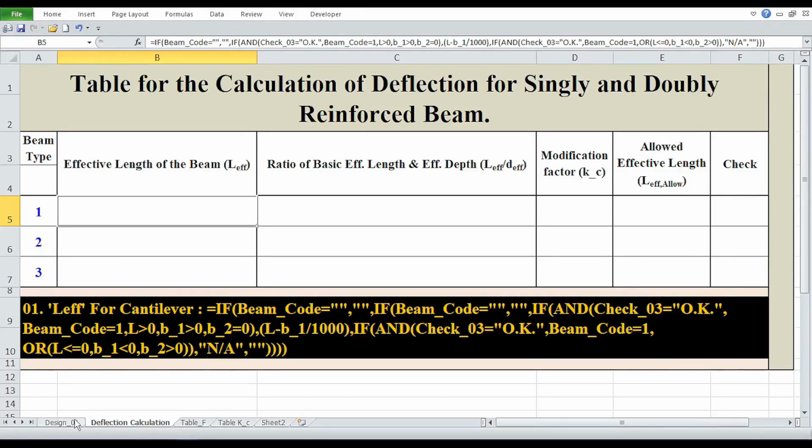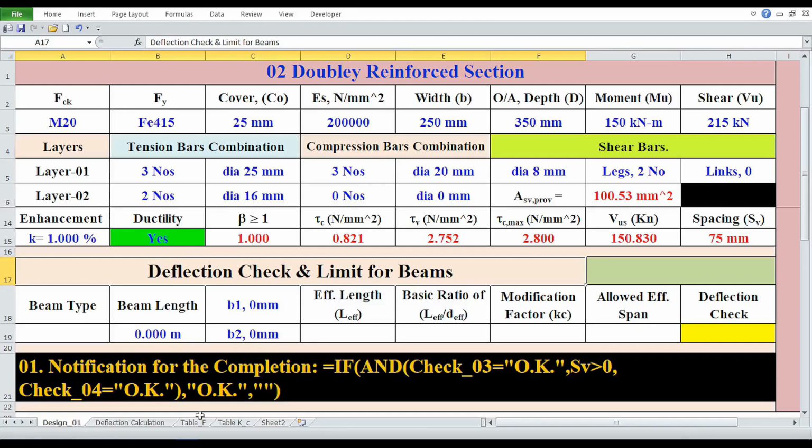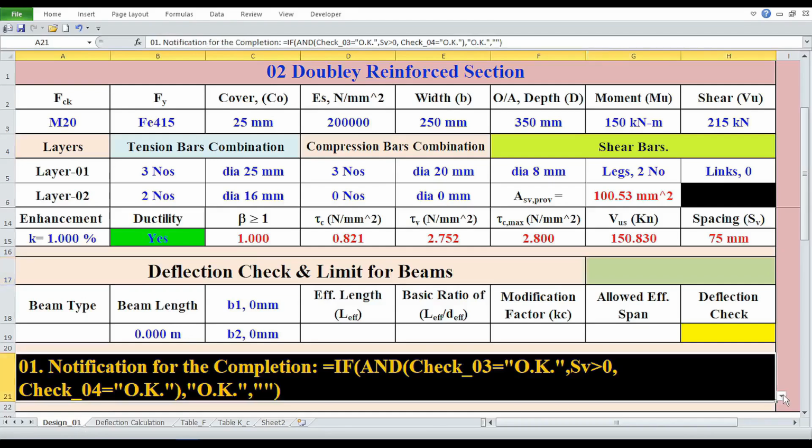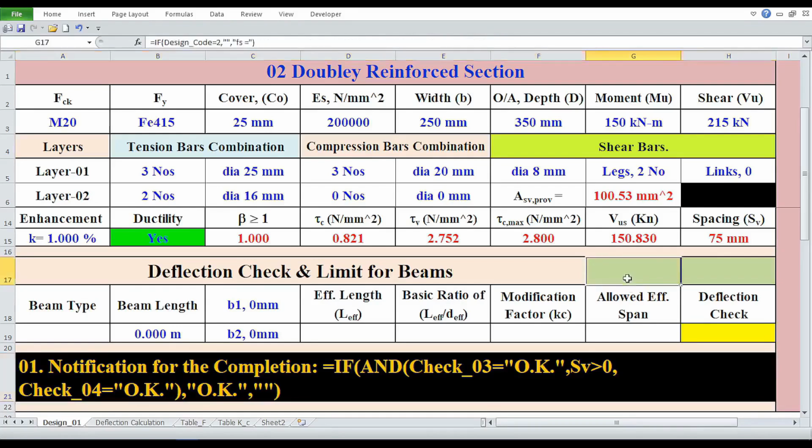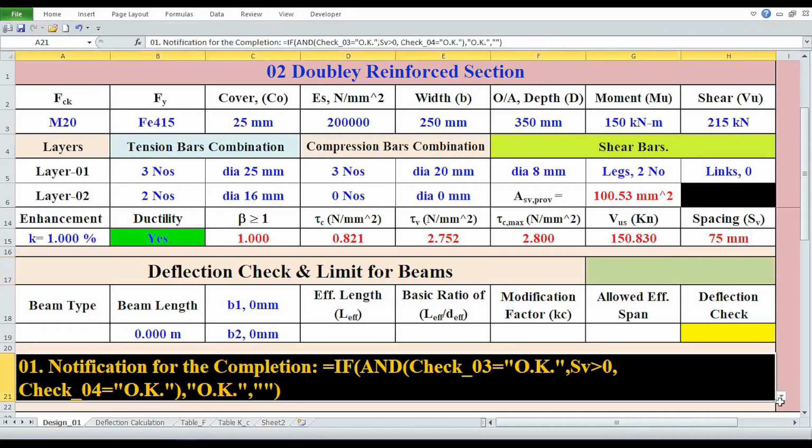Now, I am returning to the sheet design_01. Before bringing the data for deflection, we need to make redundant the heading FS and its value, in cells G17 and H17 respectively, during the deflection check for doubly reinforced beam. You may ask, why? This is because for deflection check in doubly reinforced beams, exhibiting the FS value is a little bit irrelevant. Now, I am selecting the formula for the heading of FS,